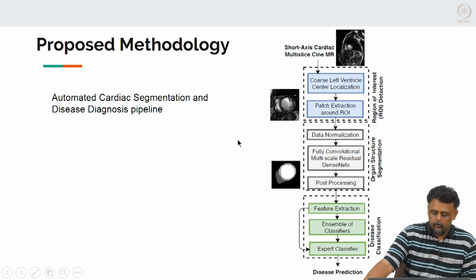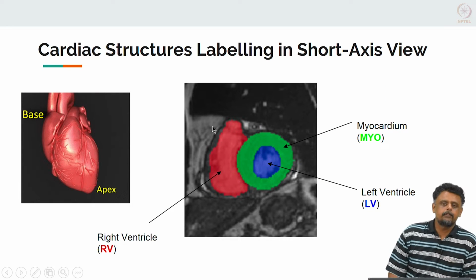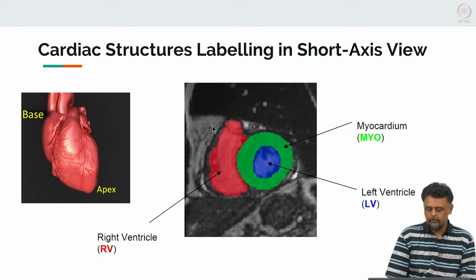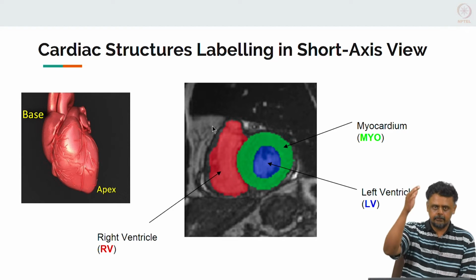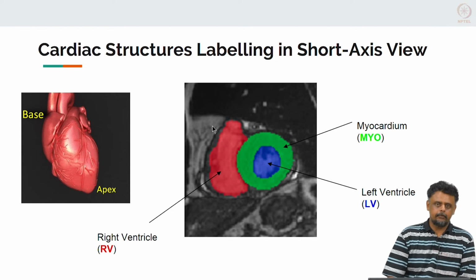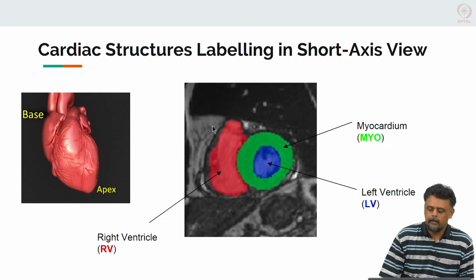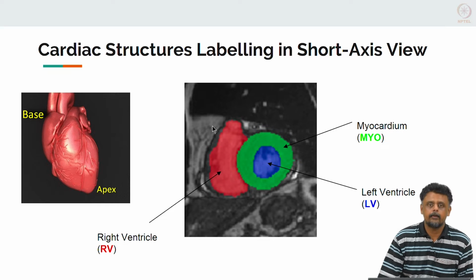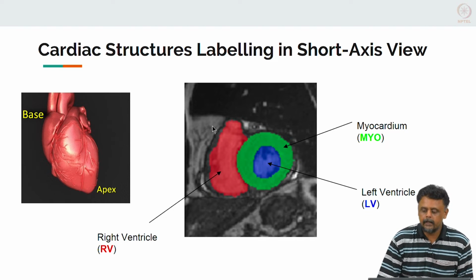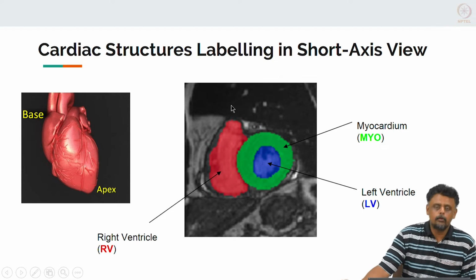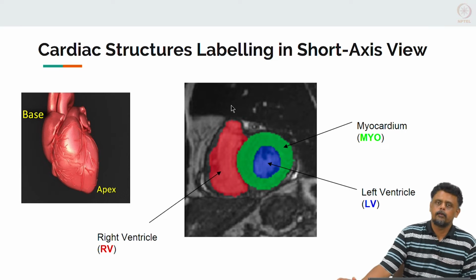Okay, so before we go any further, what is the challenge? What are we going to do? A lot of times when the patient is imaged, the radiologist can just go through these images and see defects sometimes. A lot of times some quantitative analysis has to be done. Several factors that are calculated include the ejection fraction, and if you want to look at the area or size of the myocardium, for all of those tasks where you need quantitative markers from the image, what you need is